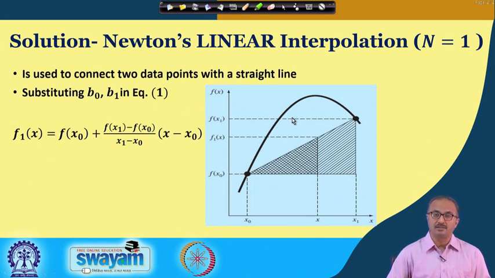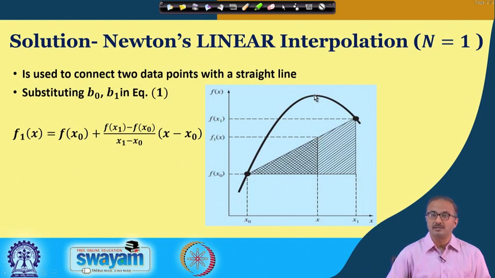And now what we have to do next is that suppose we have to find the value at some point x here, given the points x1 and x0. Now you can see, if we are doing a linear interpolation, the value given by this interpolation will be somewhere here, because we are linearly interpolating it. We are assuming a straight line between this x0 and this x1 point. So this is the value which we shall obtain at some unknown point lying between x0 and x1. However, the exact value at this point is this one.